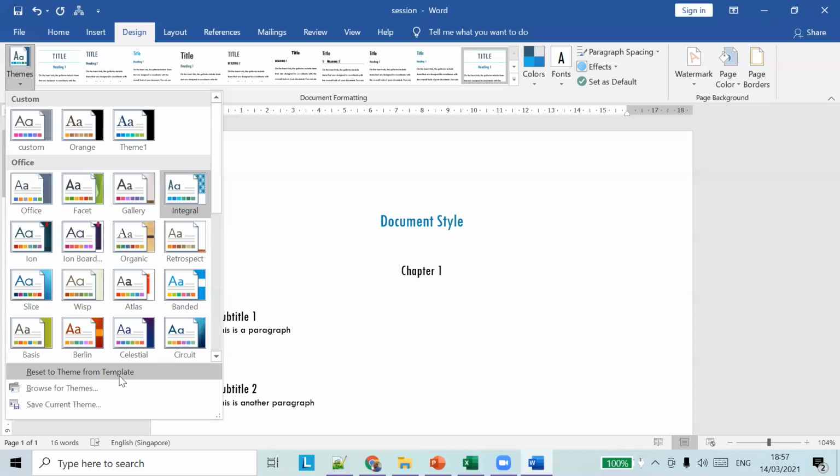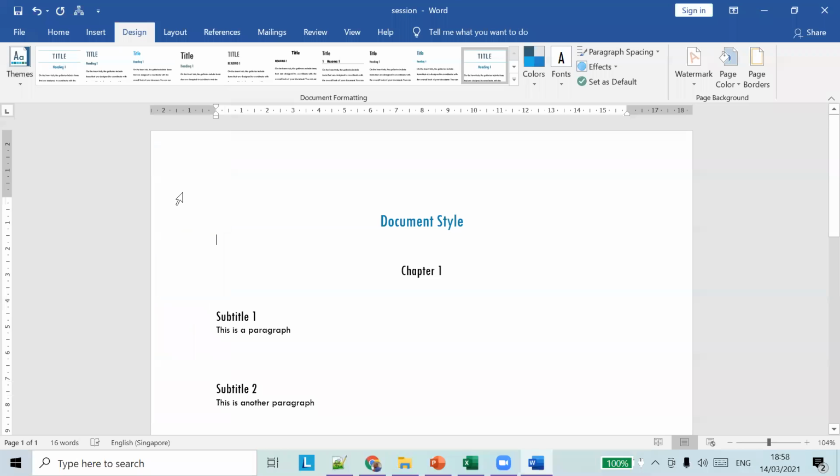If you create a document from a template, it will have a separate set of styles and themes. What we did is override those default themes in the document. We applied our own theme by choosing Integral here.